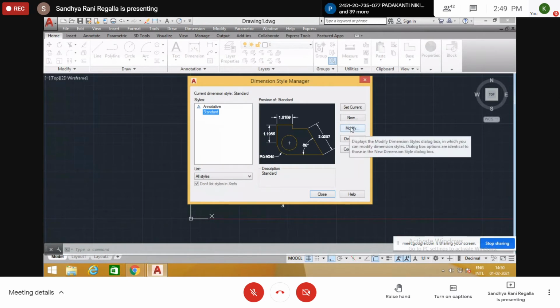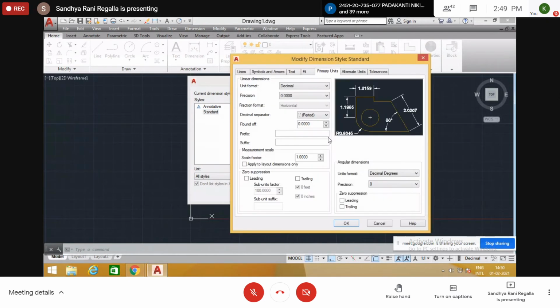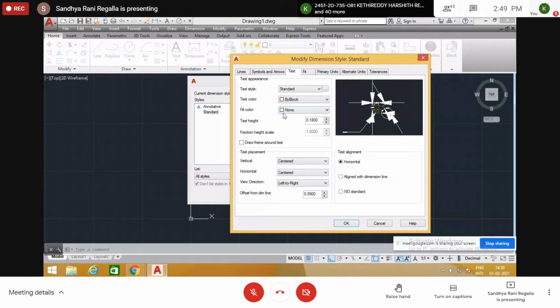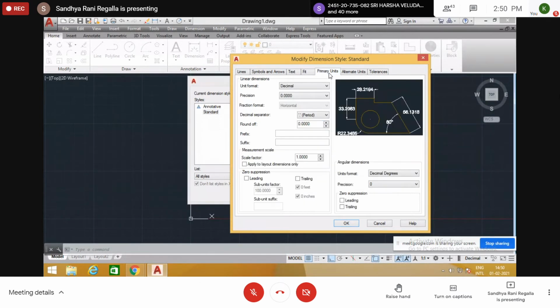Here go to modify. In this modify option, arrow size, how much we give? Arrow 3, yeah? 3. Text height 5. We will check depending on the diagram. We need to change the values.